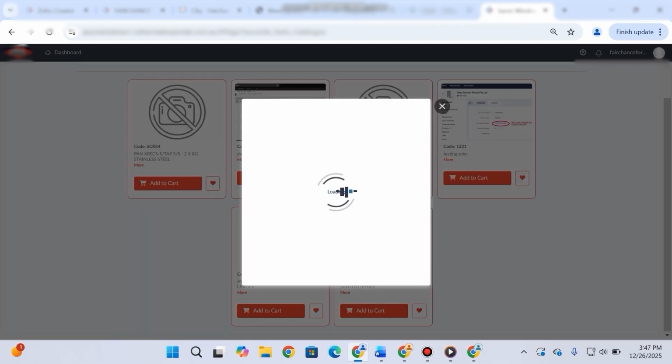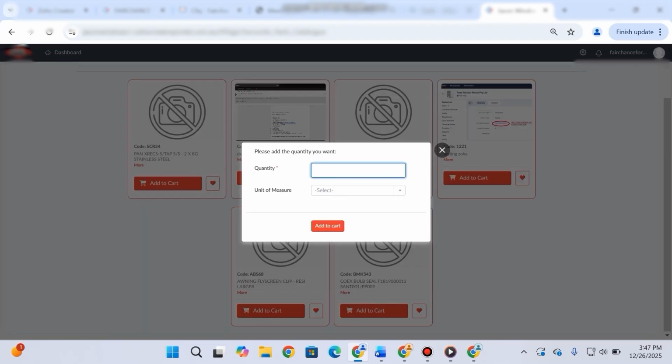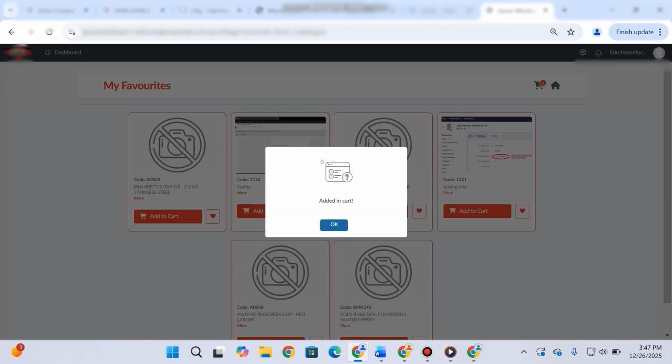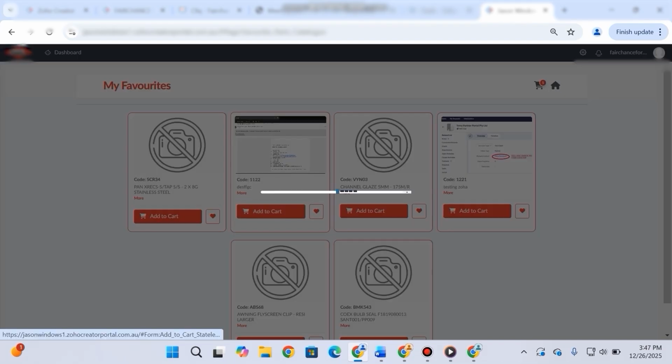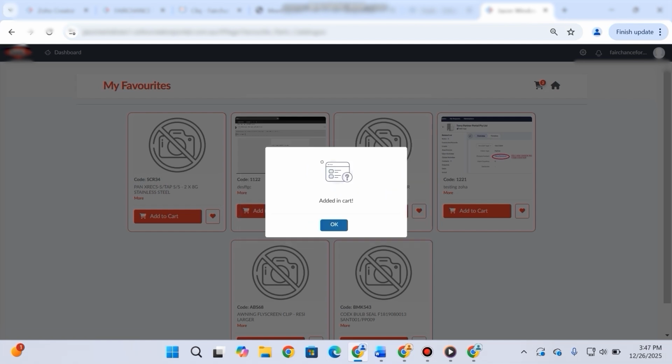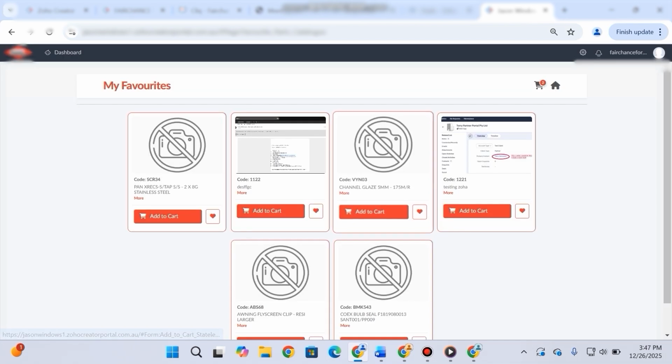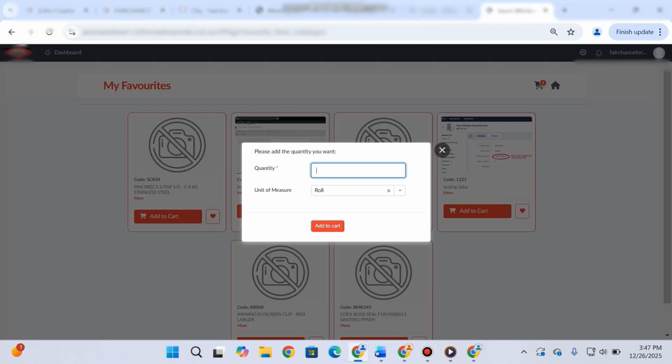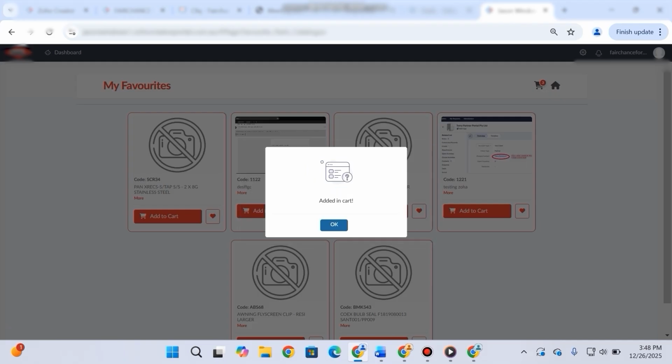For example, I will add to cart this product, this product also. I don't need to search for the product again and again. I can use my favorite option and place an order.